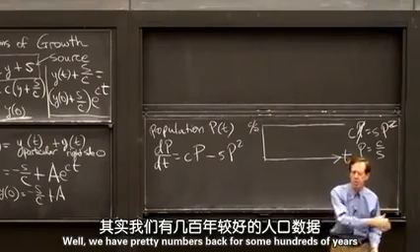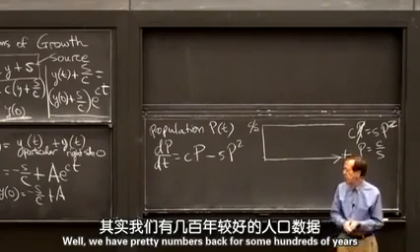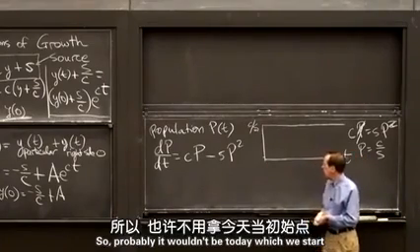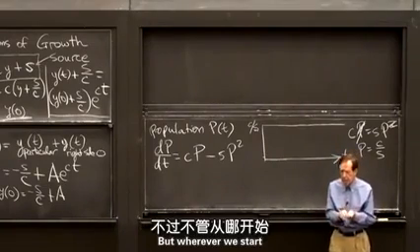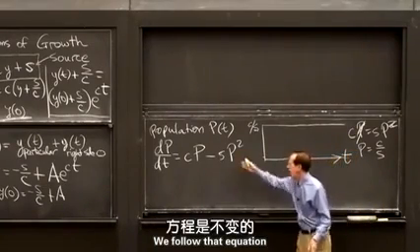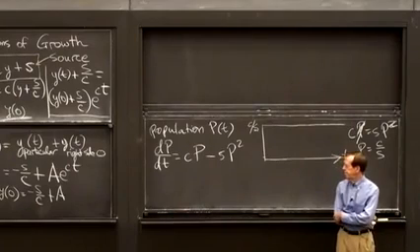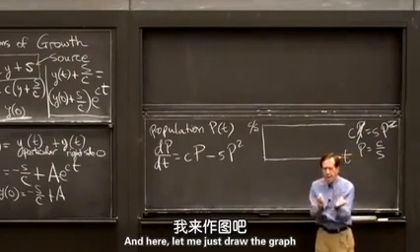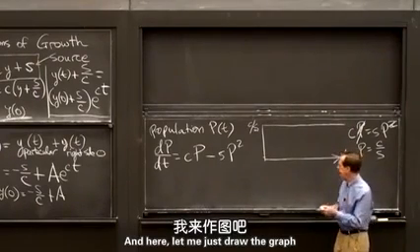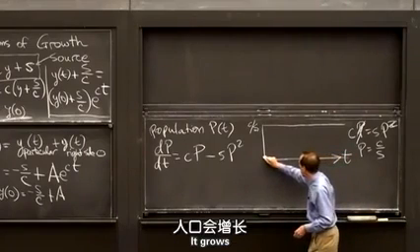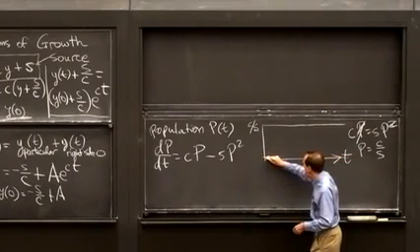Well, we have pretty good numbers back for some hundreds of years, so probably it wouldn't be today we'd start. But wherever we start, we follow that equation. And let me just draw the graph. It grows,